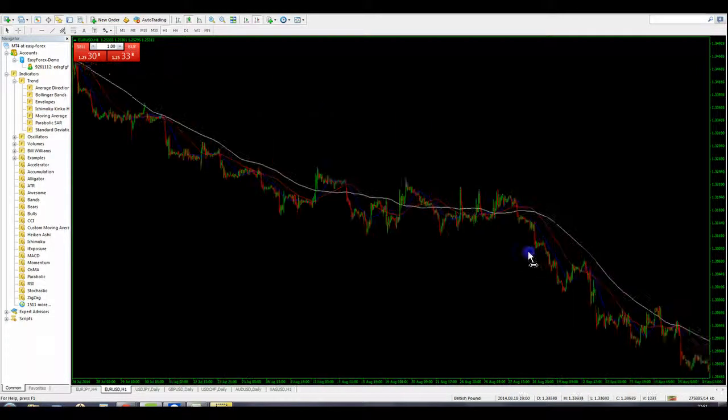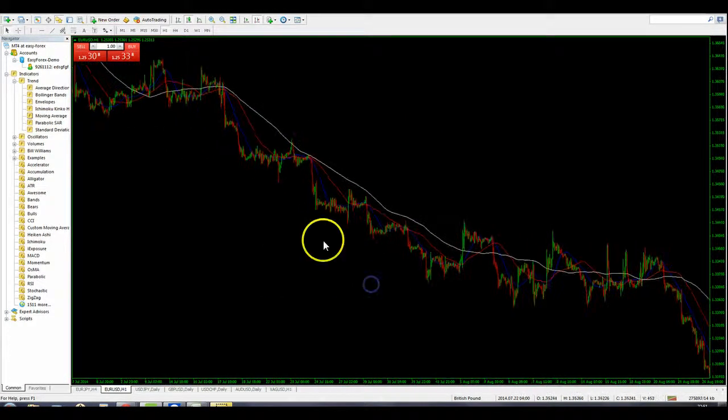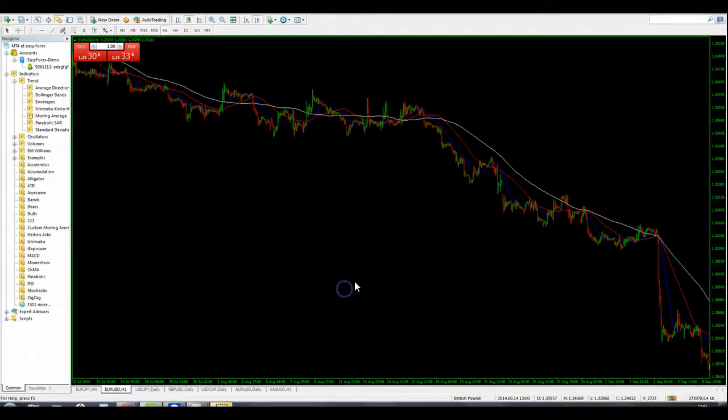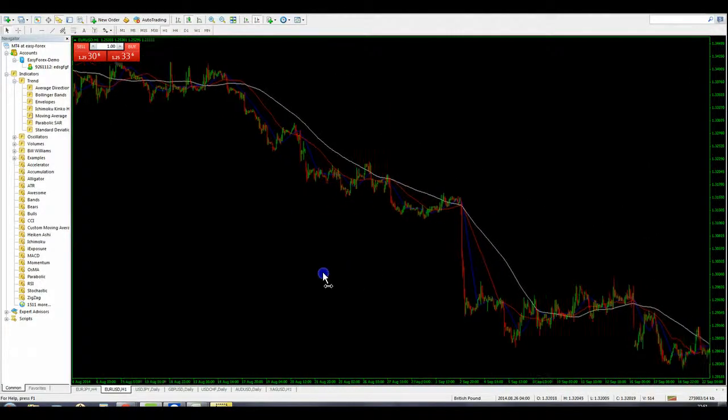So we can see in the slow trending markets, if you've got a 100 moving average in, what will happen is the price will usually either touch the 100 moving average, and in some cases the price moves beyond the 100 moving average just ever so slightly before continuing on. When you start getting a fast trending market,